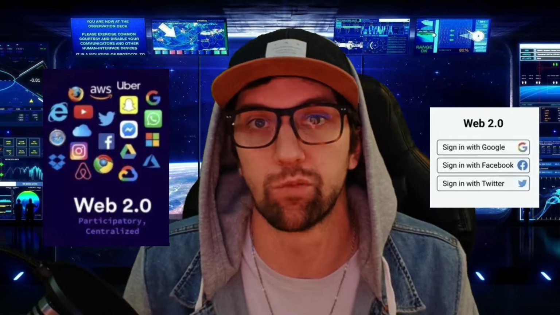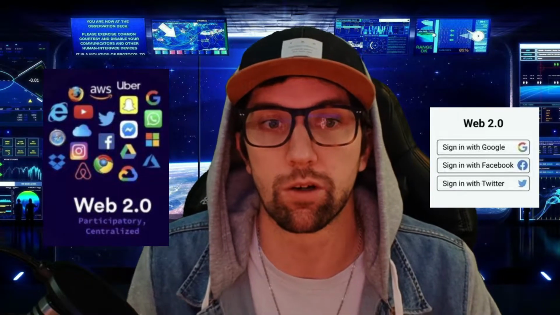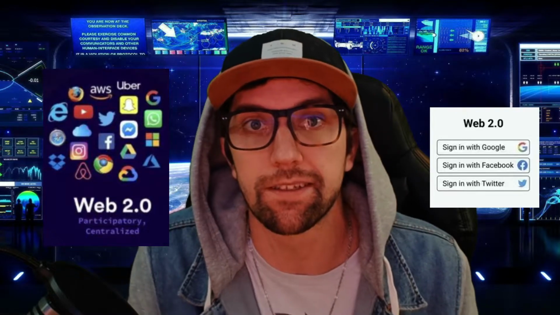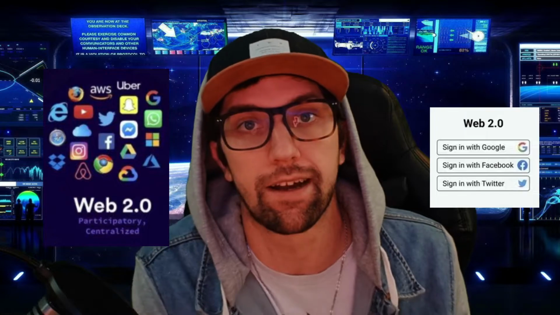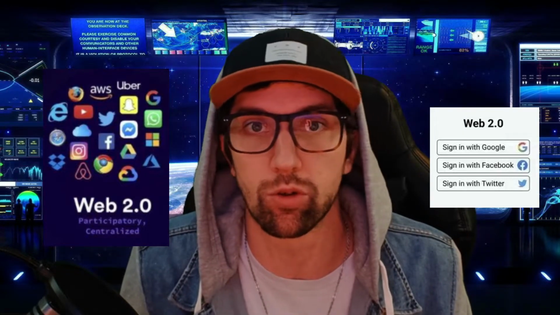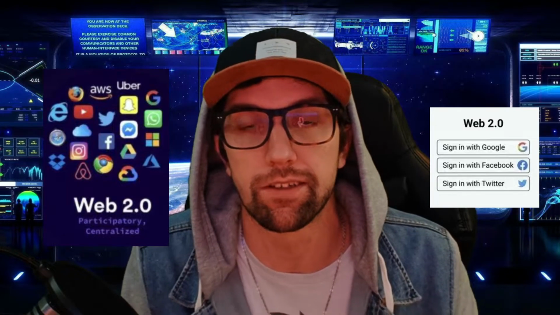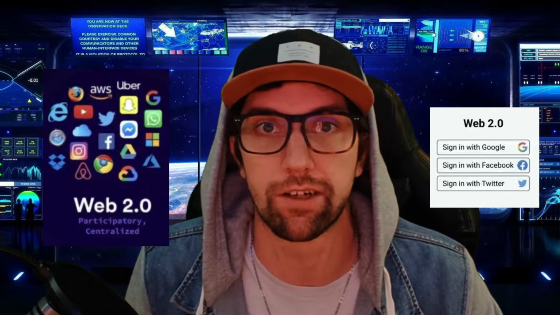One of the key factors with Web 2 that you might have noticed when you're logging into certain things is that you'll notice it says sign in with Google, sign in with Facebook, sign in with Amazon. And when you click those, it goes to those trusted sources and it takes that information from those websites. That's because Web 2 has an extra layer of trust that Web 1 did not have. So because Amazon and Google and these other reputable companies have confirmed that the information that they're giving to these websites is true and accurate, you don't need to be putting in your information every time.